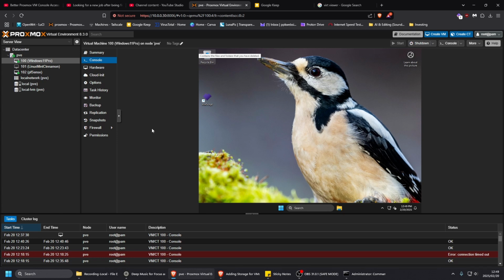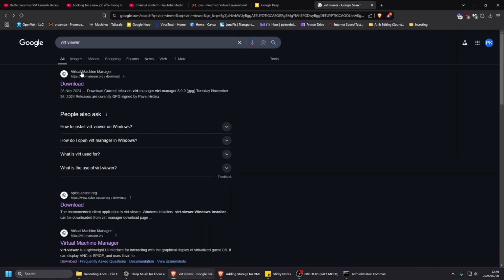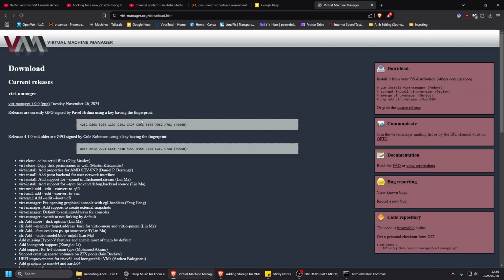But in order to use that, I'm running Windows and then obviously Proxmox, and then I go from my browser, but it's a Windows system. So you're going to have to install a virt-viewer. So let's go to Google, say virt-viewer, and then you can go to the first one. So this site, virtmanager.org,